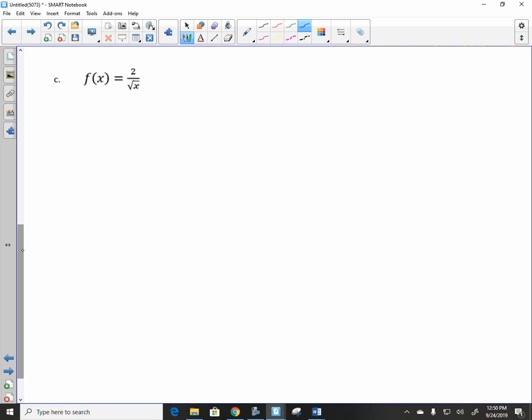2 over the root of x. Domain. We okay with that? Domain? Can't include 0 because you get 0 in the denominator, right? So the domain is from 0 to infinity. Can't be negative. So f prime of x is equal to the limit as h goes to 0 of